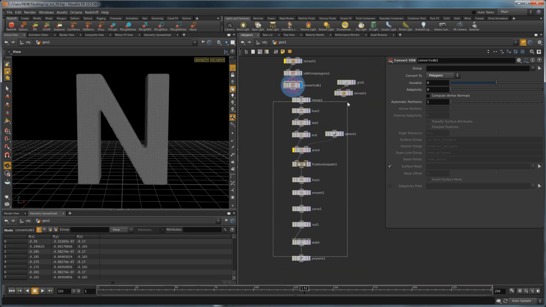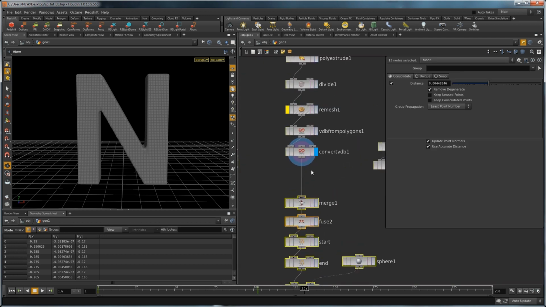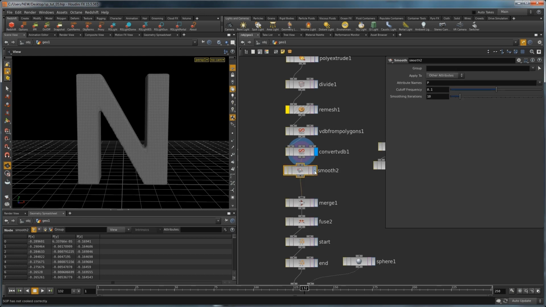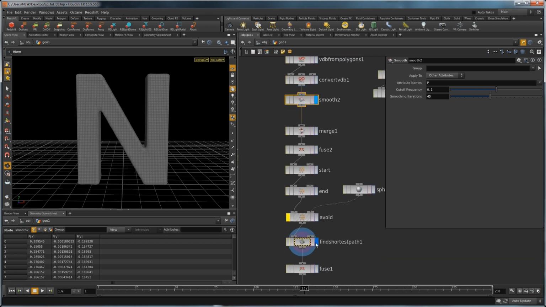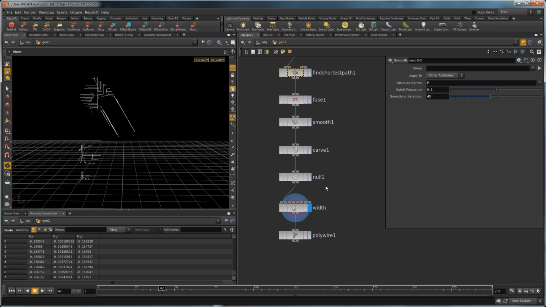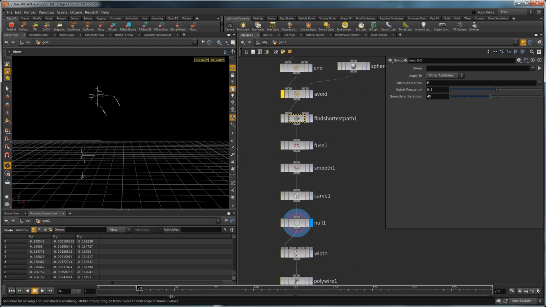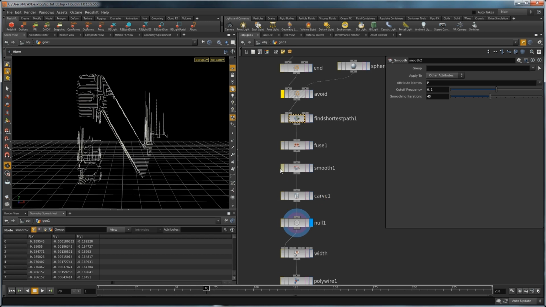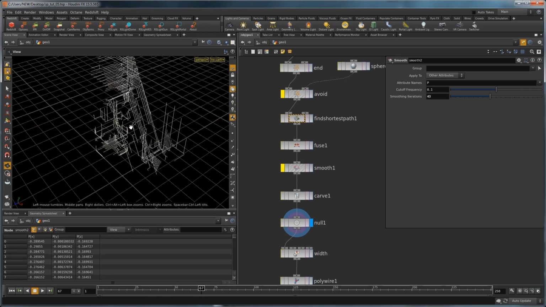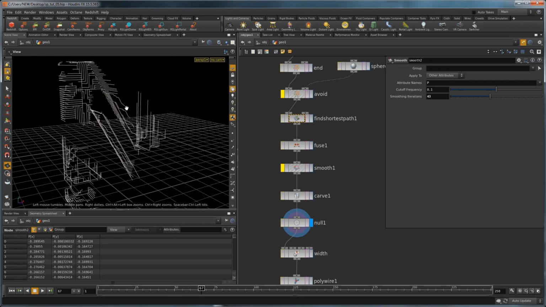But if we move all this down, you could put down something like a smooth or something like that. Add some iterations in, come to our find shortest path, and then all of a sudden, down to our null or our width, and grow this. And you probably don't want the smooth on for this one. Turn it off. We get cool patterns like this. So some of this stuff can look really interesting and look really different to what a regular growth algorithm would